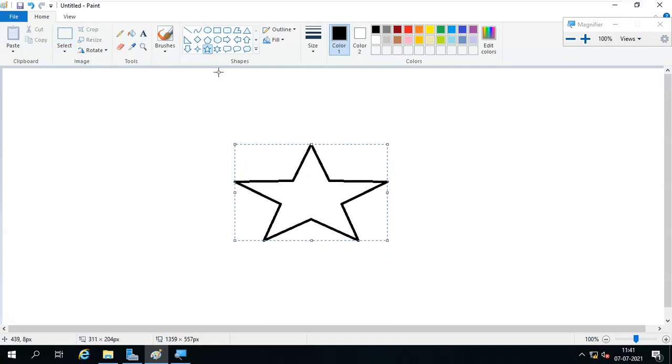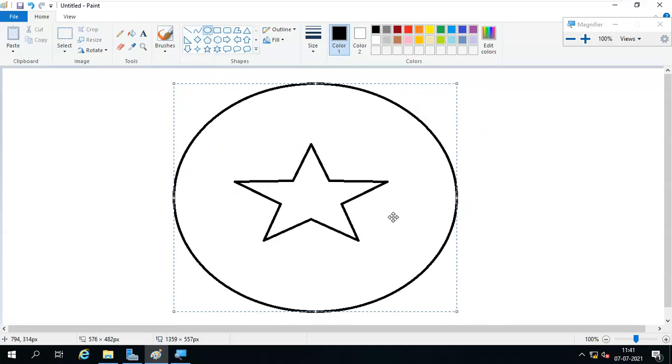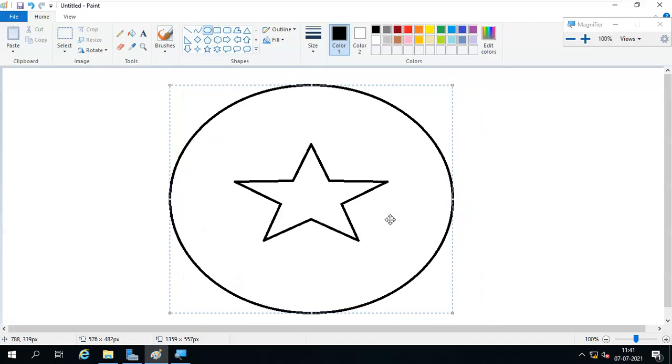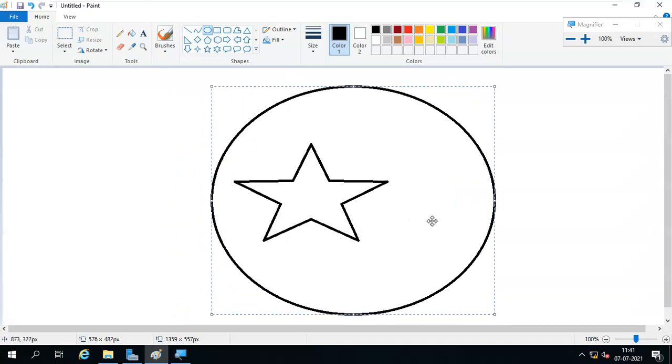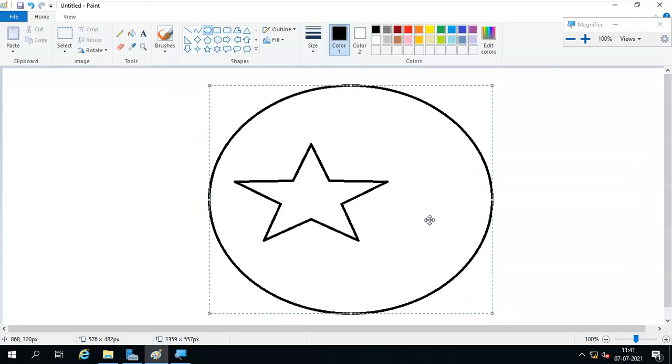So I'm putting some drawing here. Don't spend all the time with the drawing only. Don't think I'm drawing some flag or something. I'm just drawing something. Or maybe any other pictures.